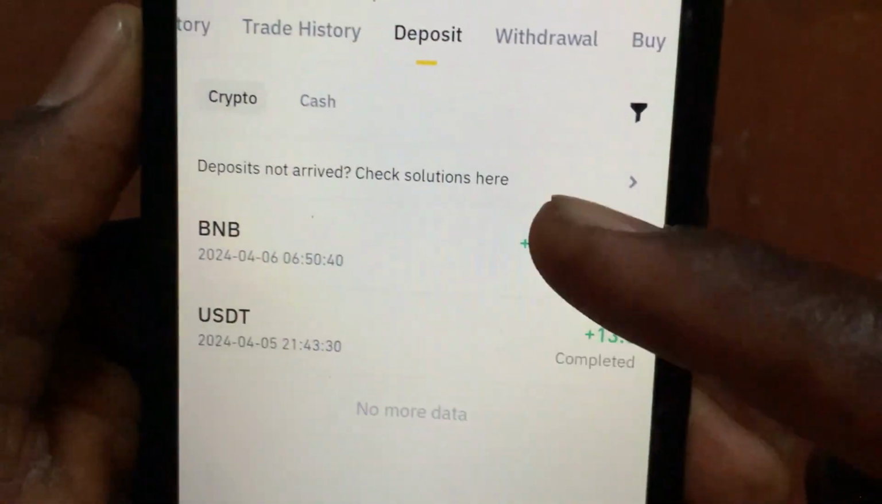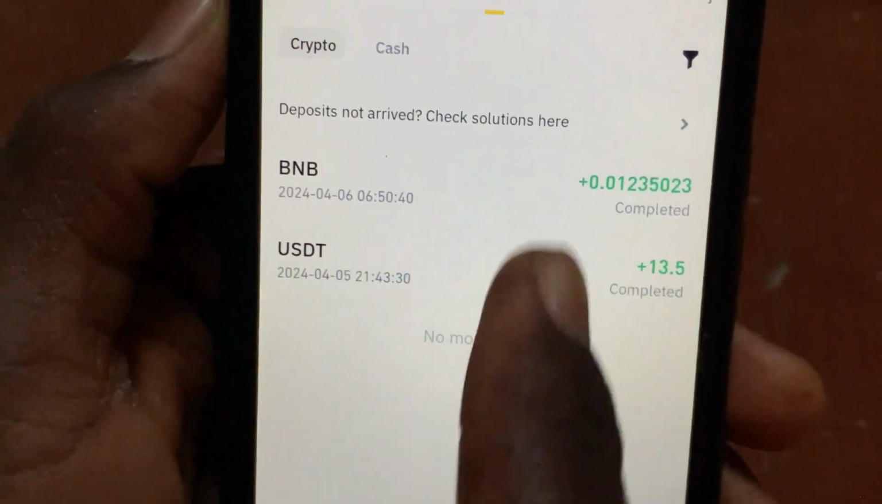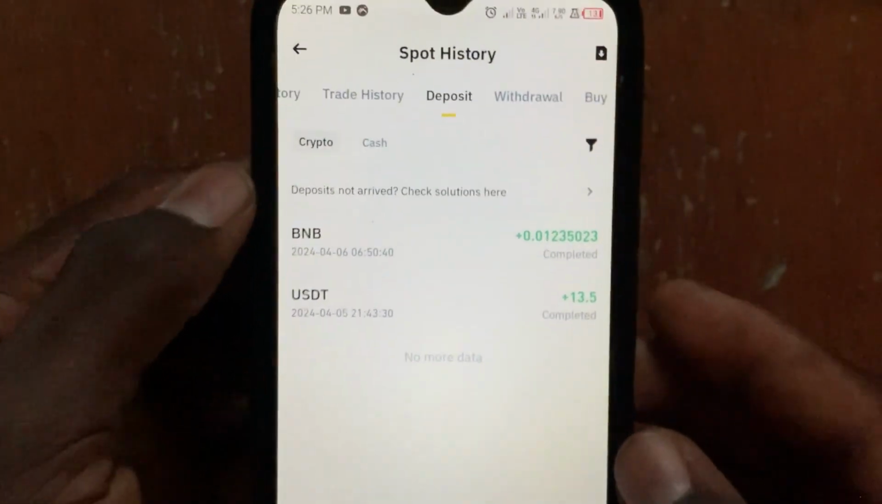So from this option, you will be able to see the deposit. As you can see here, it says deposit. So you can see the deposit address of the Bitcoin that you sent. That's it guys on how to transfer